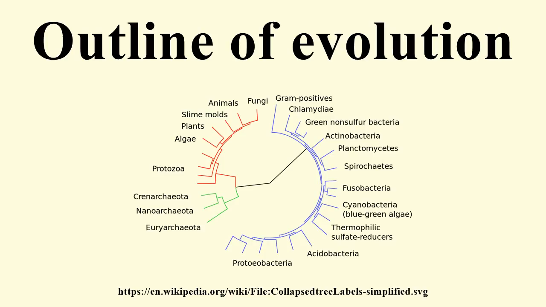Subfields. Biogeography: the study of distribution of species and ecosystems in geographic space and through geological time. Ecological genetics: the study of genetics in natural populations. Evolutionary biology: study of the evolutionary processes that produce the diversity of life on Earth. More specifically, it studies the descent of species and the origin of new species. Evolutionary developmental biology: the study of developmental processes to determine ancestral relationships and discover how developmental processes evolved.